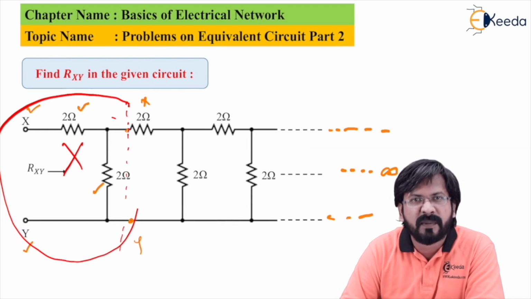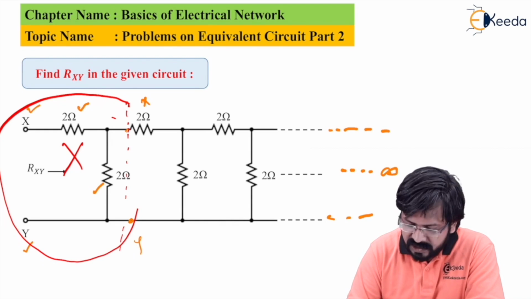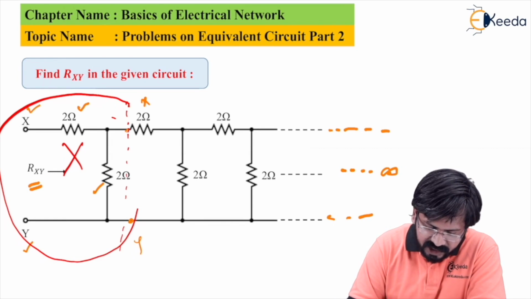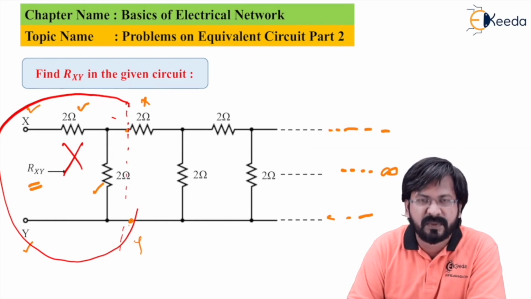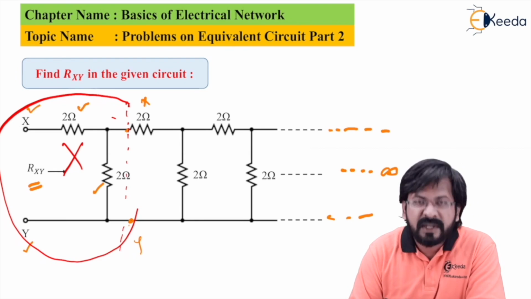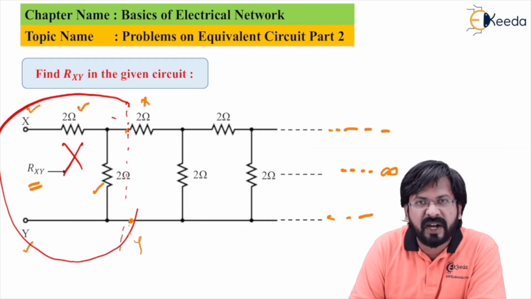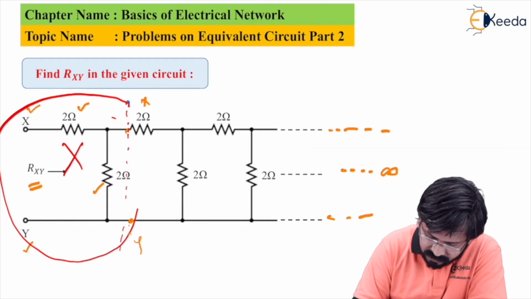It is not going to matter to the whole circuit. Since it is going up to infinity, you will be getting the same value of resistance, which is Rxy, at these 2 points also. Let me assume the equivalent resistance seen between X and Y is R equivalent, meaning that